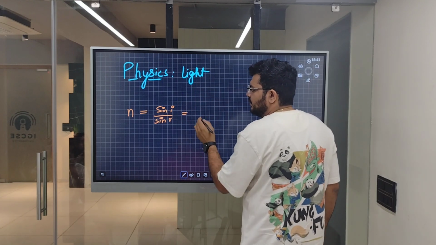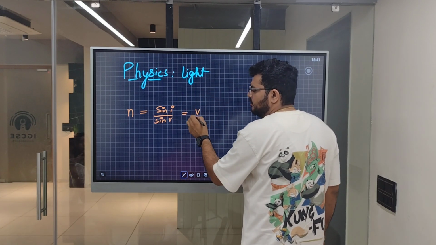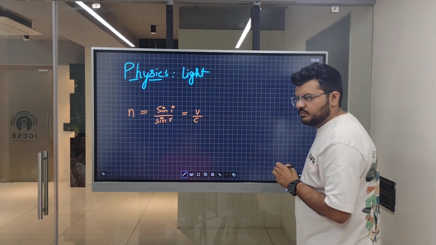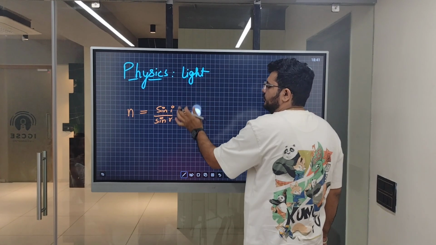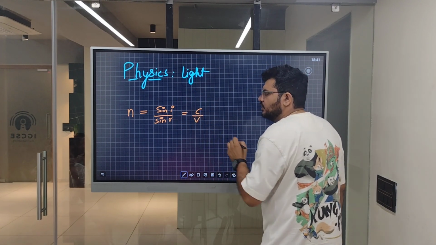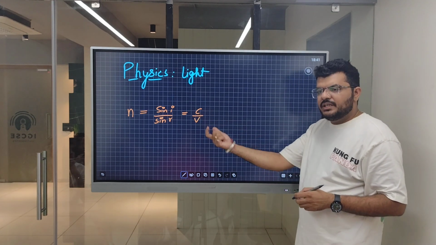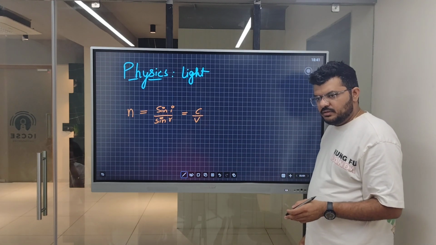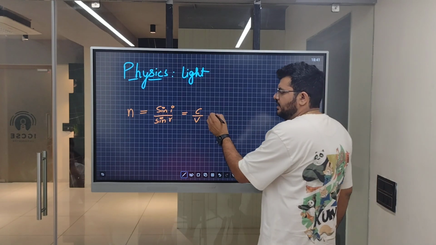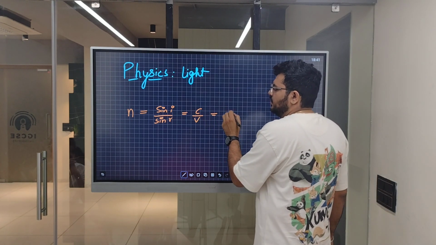do you know that the velocity of light in air upon velocity of light in medium is also the refractive index, where air is vacuum or air? हाँ, ये ऐसा है ना, and this would also mean that you know that